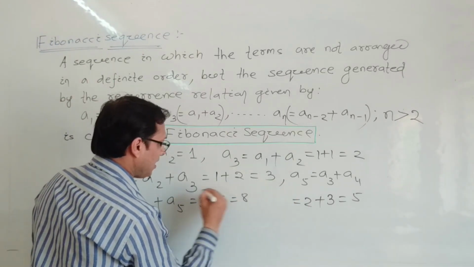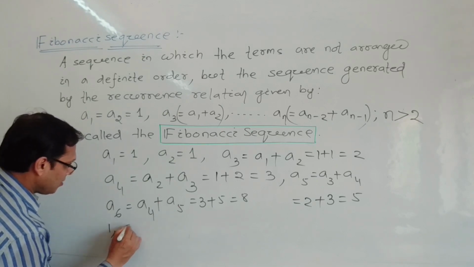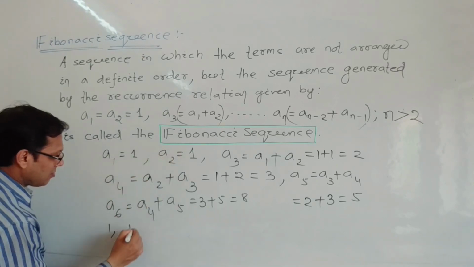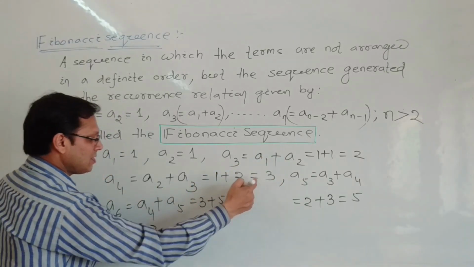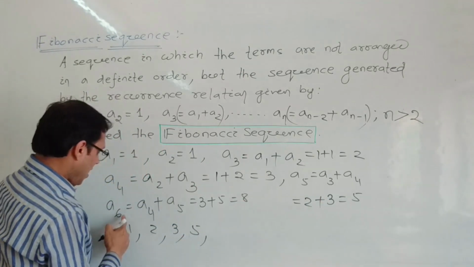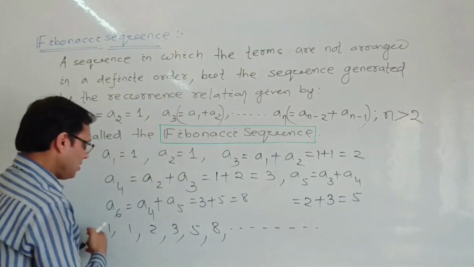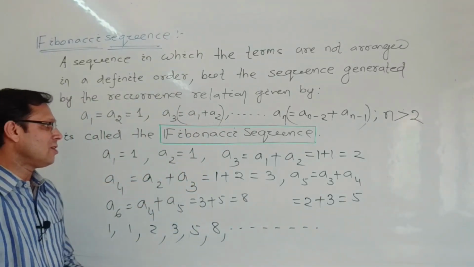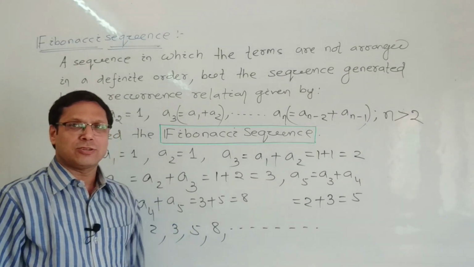This is nothing but the 8. So the Fibonacci sequence is 1, first term is 1, second term is 1, third term is 2, fourth term is 3, fifth term is 5, and sixth term is 8, likewise goes on. So this is a special type of sequence which is called the Fibonacci sequence, and you can find the terms of the